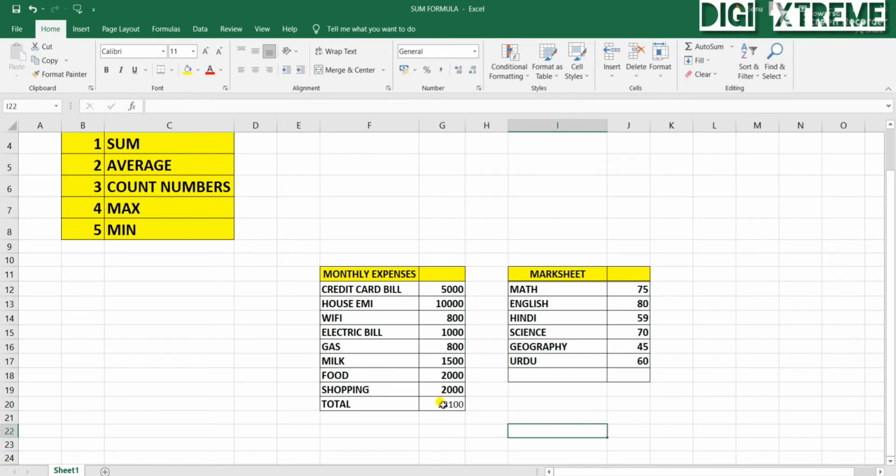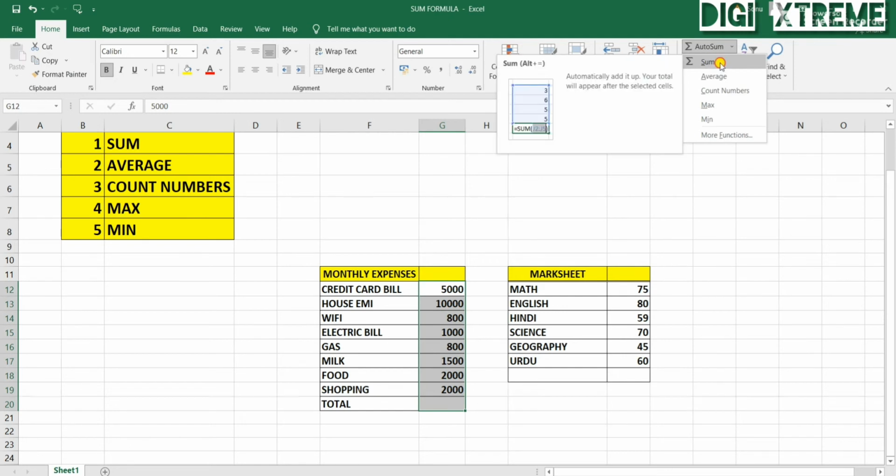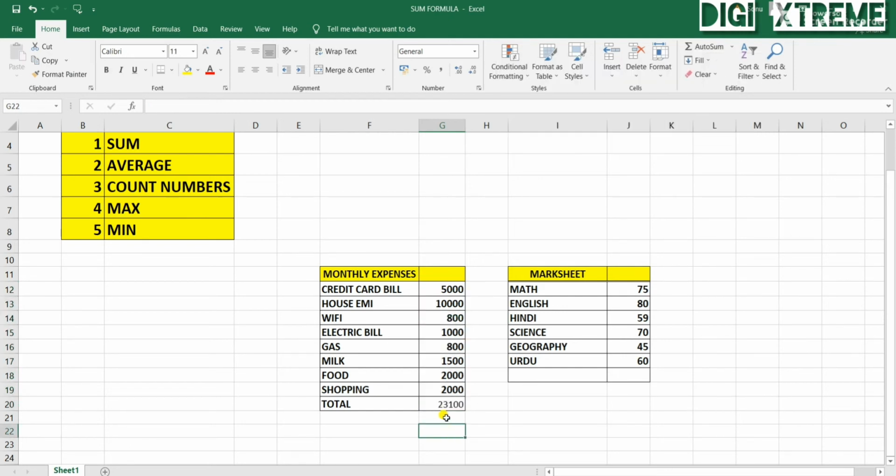to get the data. Let me show you again, guys. What I did, I selected this. You have to select till here. Now we will go to this tab. Then what we have to do, we have to sum. So click on sum. So you can see this has calculated all the expenses. All right.